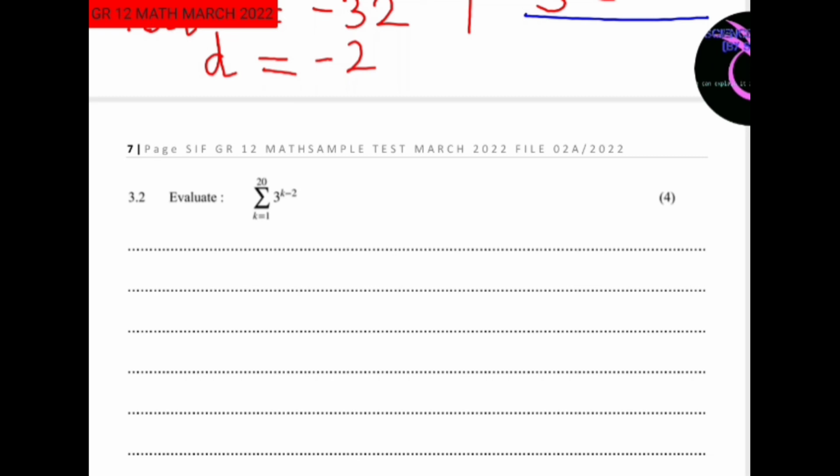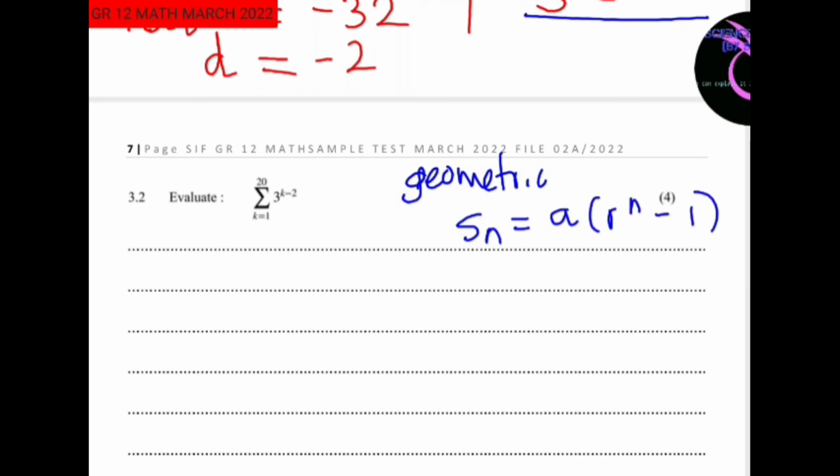Usually when you see the formula that says 3 to the power of, this is a geometric pattern. Now how do you add the sum of terms for a geometric pattern? The sum of terms, you need the a value, r to the power n minus 1, all over r minus